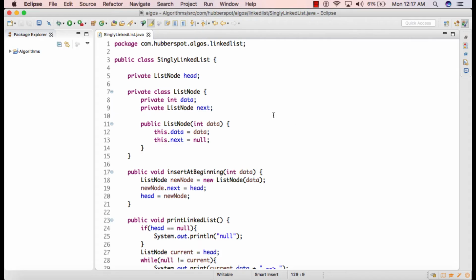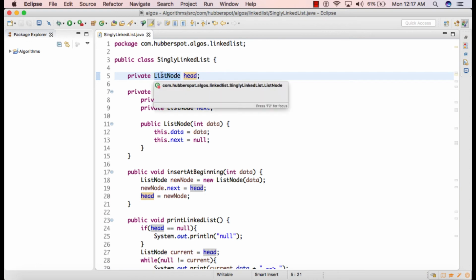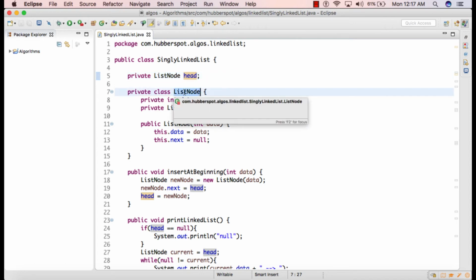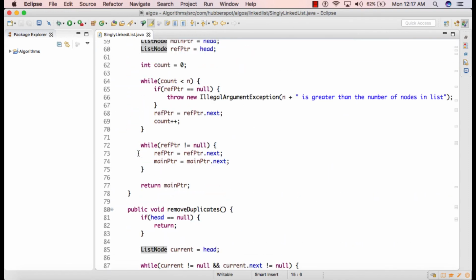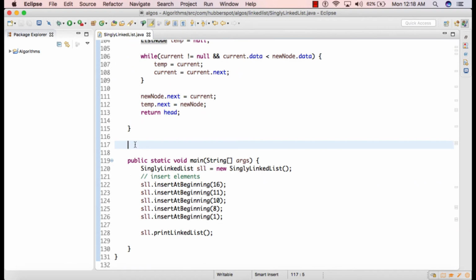So friends, in my previous linked list tutorials, I've created a class by name SinglyLinkedList, and this class has an instance variable ListNode by name head which holds the data in our singly linked list, and it also has a private inner class by name ListNode. This class is responsible for holding the data in the singly linked list. If you want to see the working of this code, you can watch my previous tutorials. So in this tutorial we will simply code the algorithm which we saw in the slide.